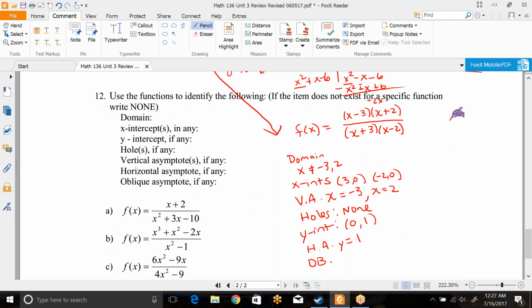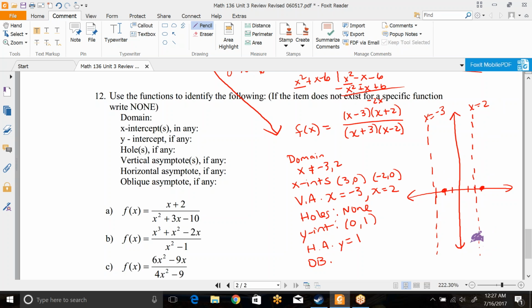So let's put this information down onto the grid, see what we have. So 1, 2, 3, that's an x-intercept. Negative 2 is an x-intercept as well. Negative 3 is a vertical asymptote. Positive 2 is also a vertical asymptote. Y equals 1 is a horizontal asymptote. And let's see, 0, 1 is a